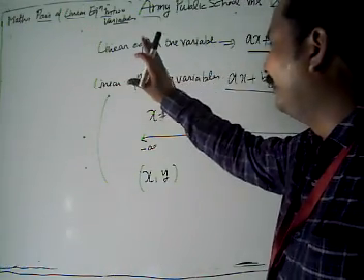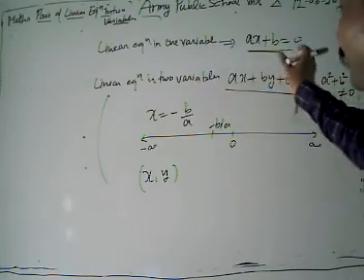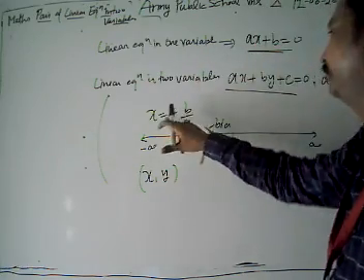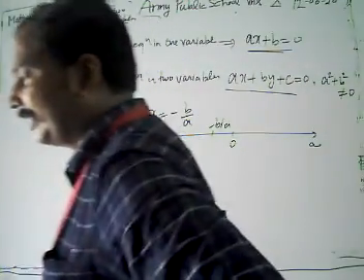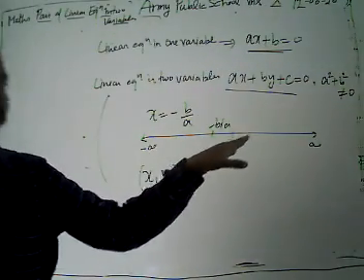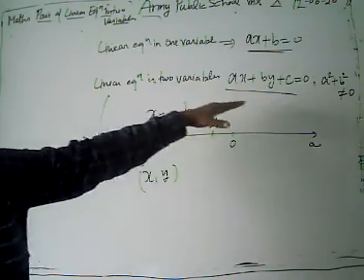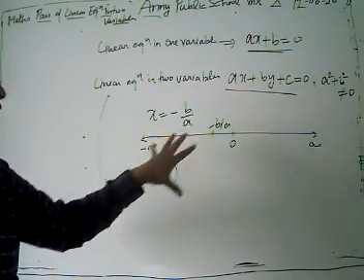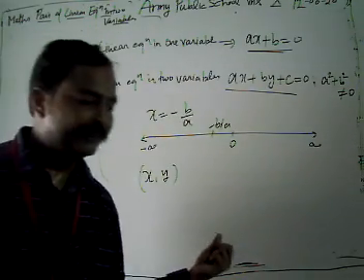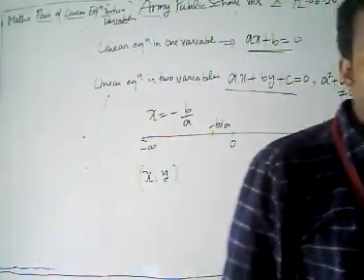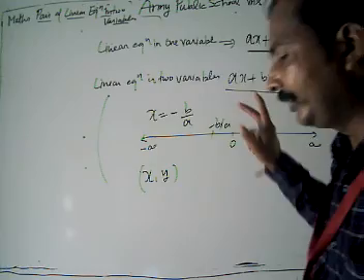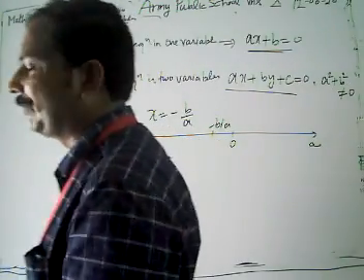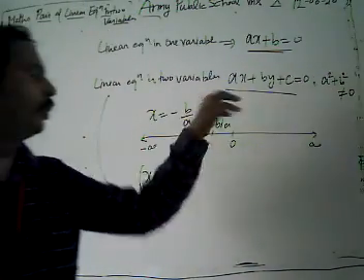In a linear equation in one variable, ax plus b, we have only one solution, given by x equal to minus b by a, which we get on the number line. For the linear equation in two variables, ax plus by plus c, different values of x give different values of y, and vice versa. So every point on the line is a solution of the linear equation in two variables.